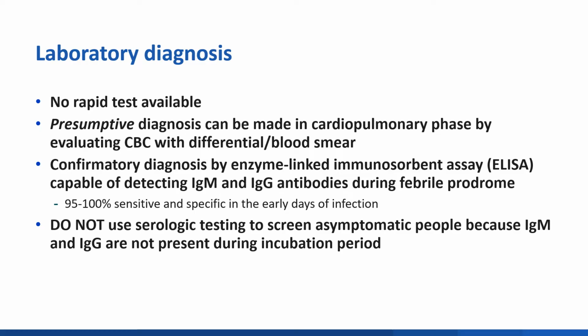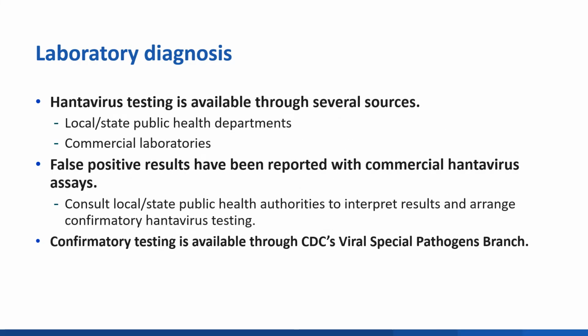Confirmatory diagnosis of hantavirus infection is made by testing with an enzyme-linked immunosorbent assay, or ELISA, capable of detecting IgM and IgG antibodies. These appear during the febrile prodrome and are 95 to 100% sensitive and specific for early hantavirus infection. Serological testing should not be used to screen for hantavirus infection in asymptomatic individuals because antibodies are not present during the incubation period. Laboratory testing is available through several sources,